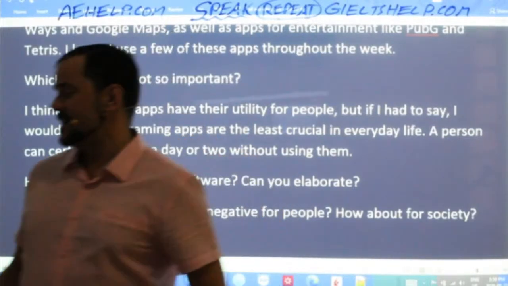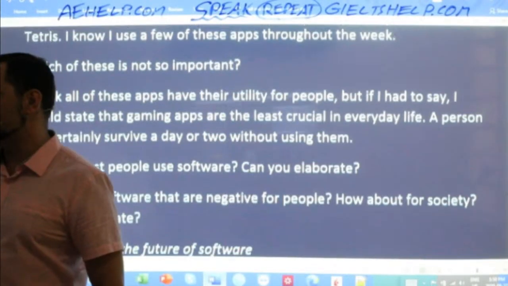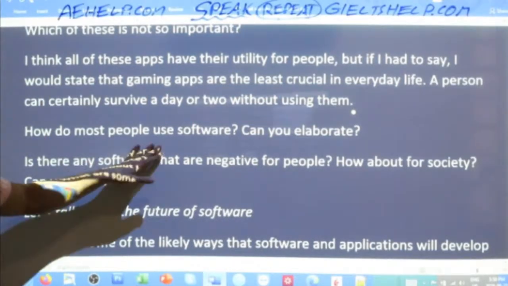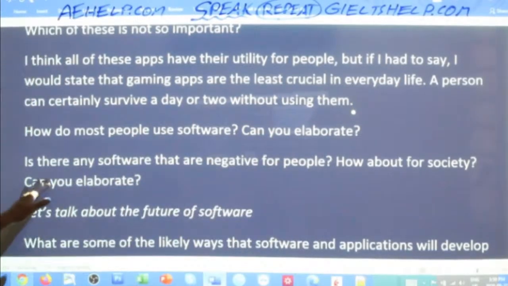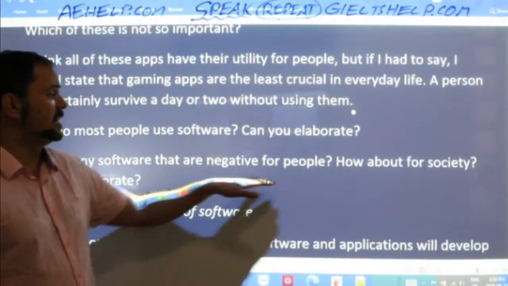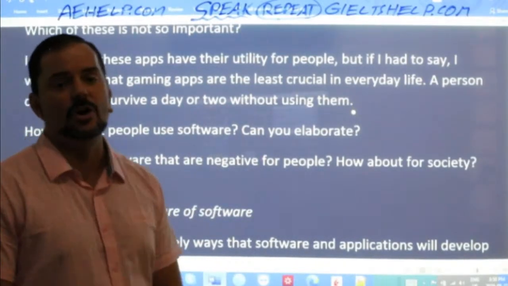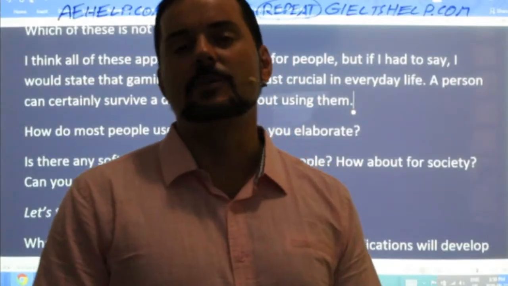Students, I'm going to stop there. There are a few more questions that you can try on your own. Okay, so how do most people use software? Can you elaborate? Is there any software that are negative for people? How about for society? Can you elaborate? You can try those ones on your own over the next few days while we take a short break from